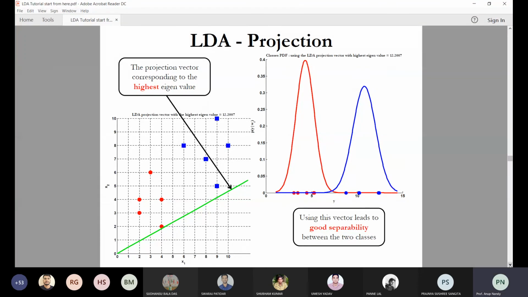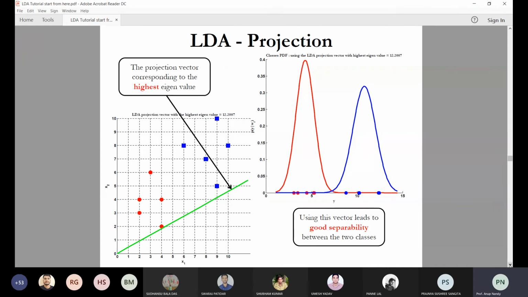So from where is it coming? After doing the transformation, you have to find the value of W. You have to project this data. So the projection means you have to find the perpendicular distance from each point to that line. So from where is it coming? If you see the graph,